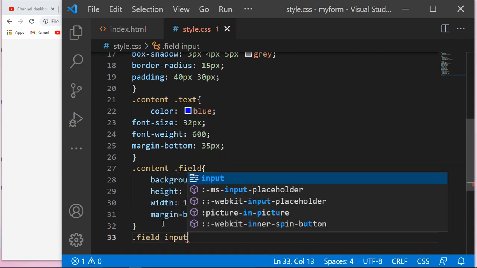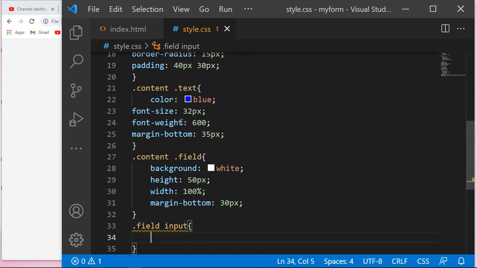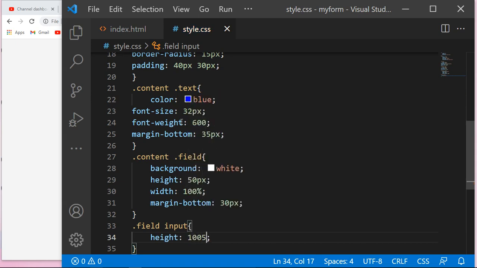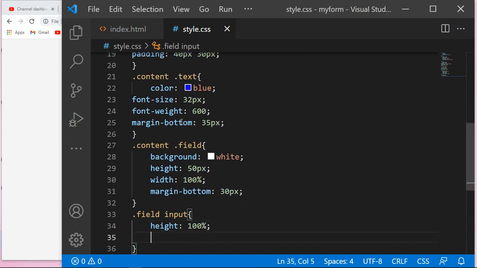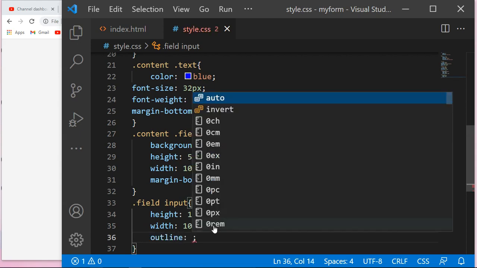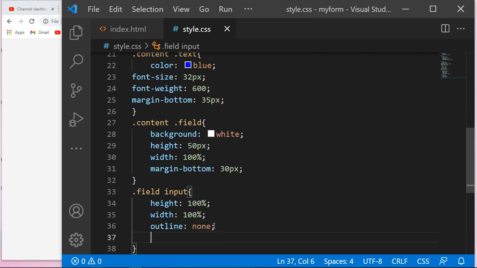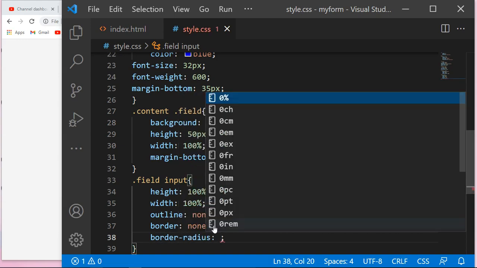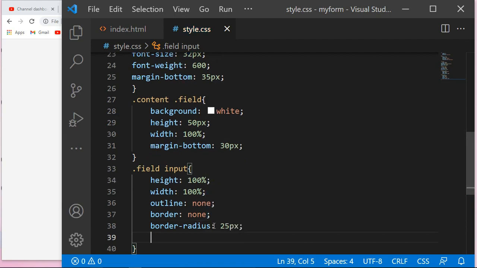We need now to style the input, whereby the height is set to 100%. Right, now the width is also set to 100%. Right, then after that you'll have the outline, which is none. We'll also have the border none. We also have the border radius. You can set the border radius to 25 px. Then you'll also have to set the background